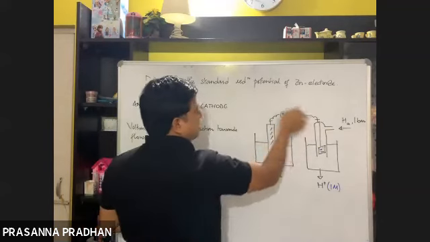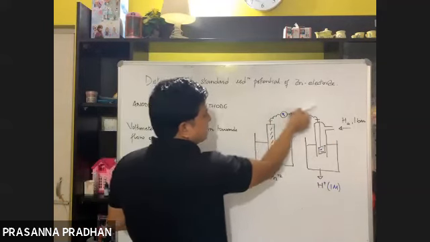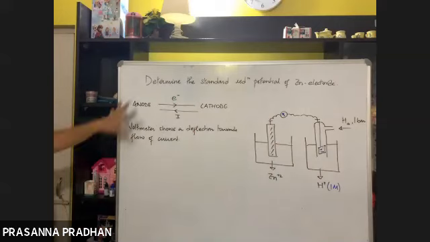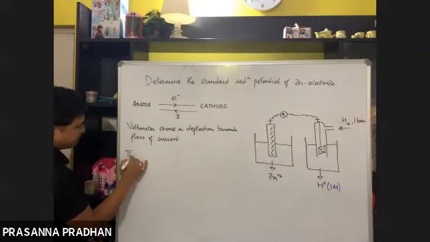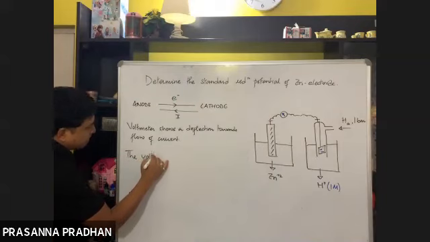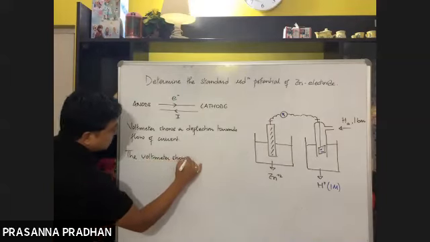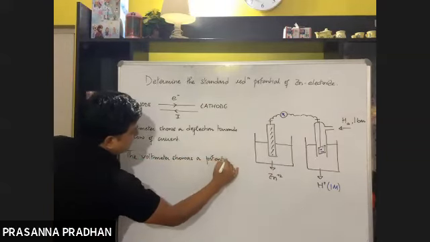That means this is the cathode, this is the anode. If it is showing a deflection in this direction, means the current is flowing in this direction. So these are things we should know. Now the voltmeter shows a potential difference